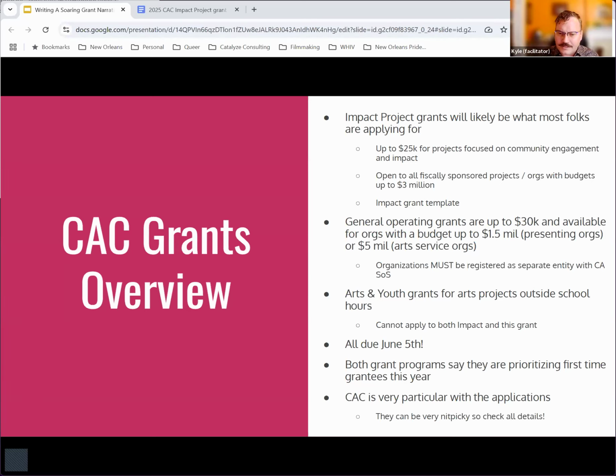Another thing is that both grants programs are saying this year that they are prioritizing first-time grantees. And so that's not always the case, but there is a specific line in their priorities for both of them that they're prioritizing first-time grantees. And so just something to be aware of. It's not something to, if you have gotten these grants before, to not go for it again. But it may be for those of you who haven't gotten a grant before, this is a perfect moment to work and try to push to get that application done.